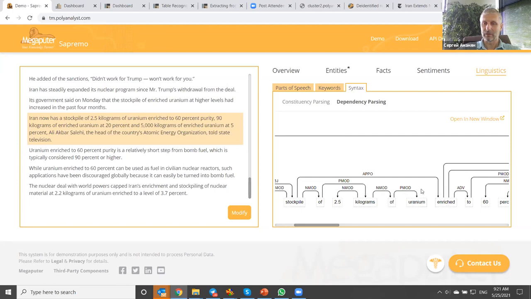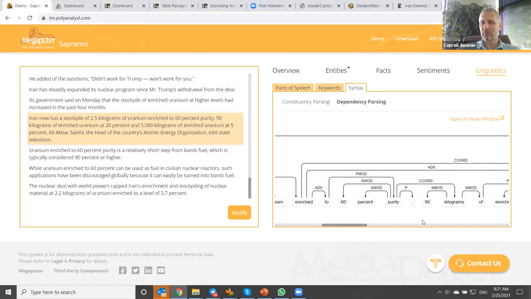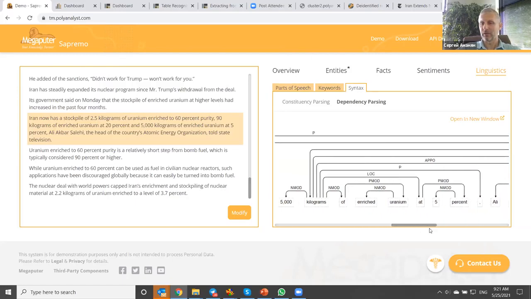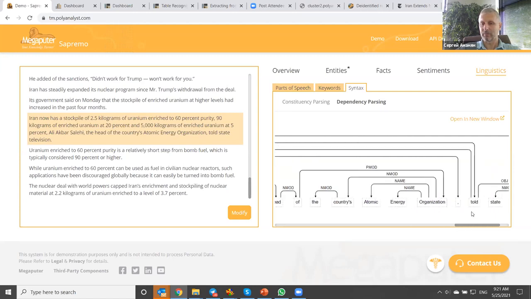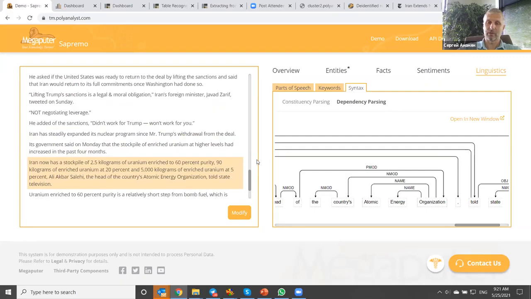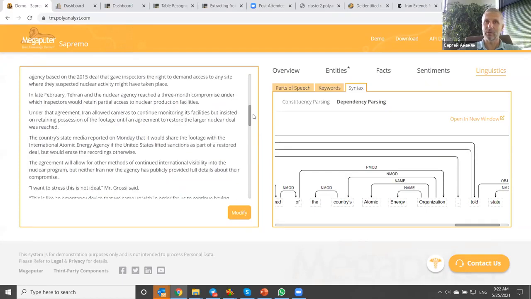And then there is an addition that it was enriched to 60% and so on. So you see the organization of this long sentence. Some of these connectors that you see, they're very far away from each other, but we still can find the syntactic relations between words. These will be extremely important when we do the analysis, when we're looking for facts, because facts can be dispersed through large amounts of data. Things can be very far apart from each other.